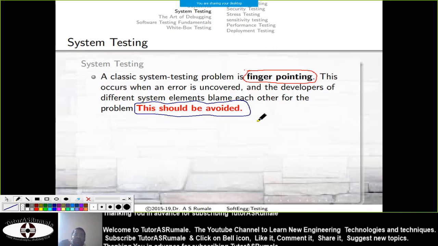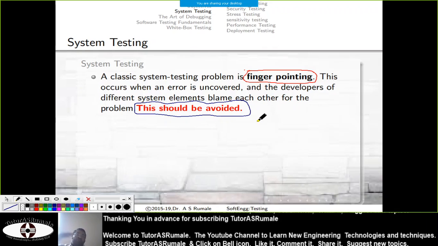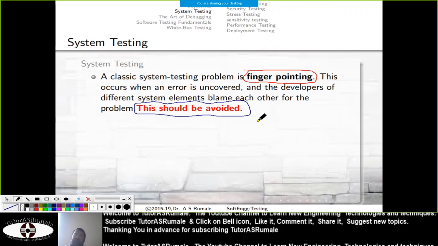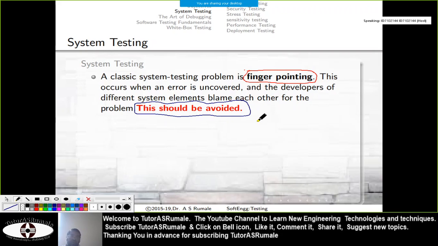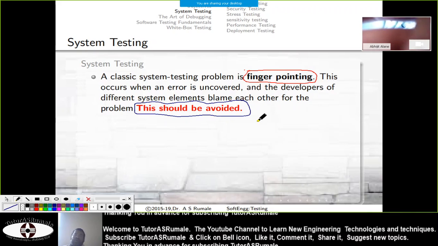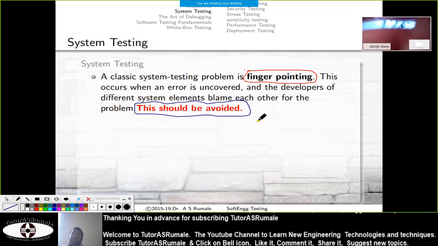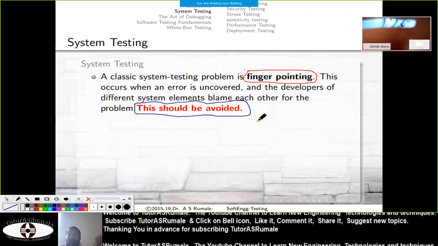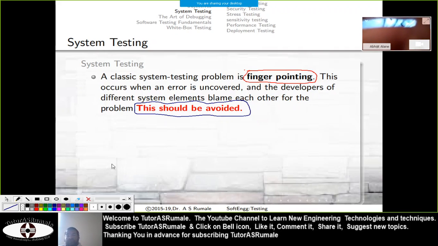Whatever I am telling you, I am telling from the experiences of the stalwarts, the intelligent people from this field, like Roger Pressman, Ian Sommerville, and likewise. So when we are saying this, you should avoid finger pointing. Never blame others if the system goes wrong.